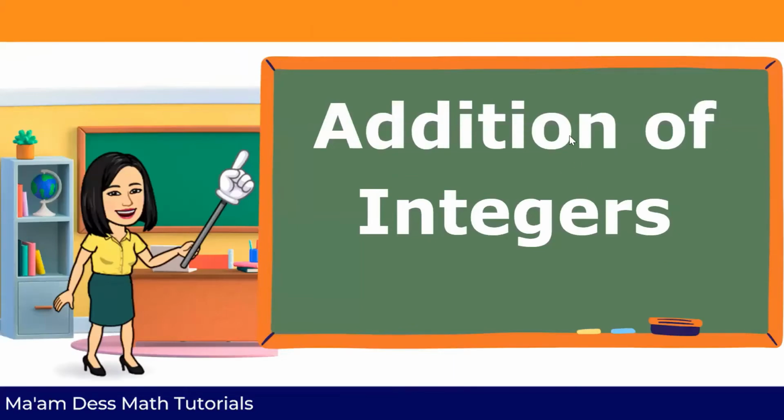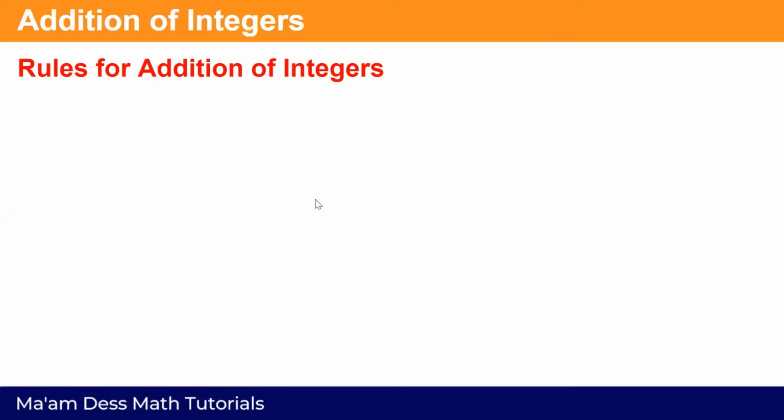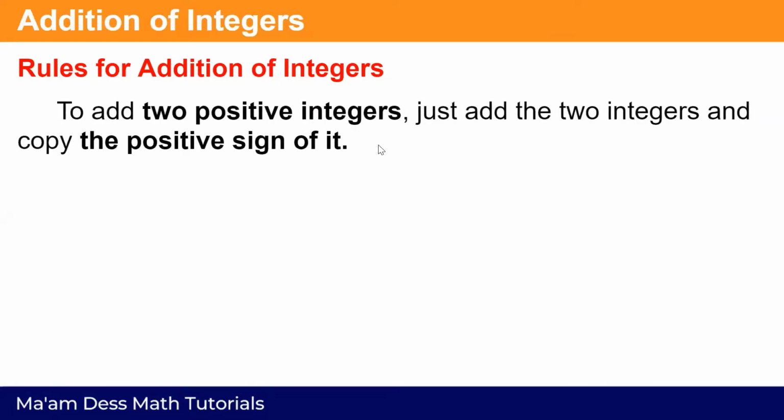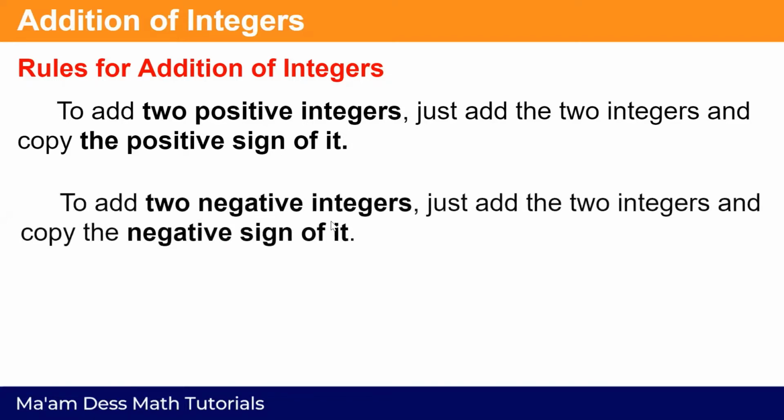Let's have the addition of integers. Rules for addition of integers. To add two positive integers, just add the two integers and copy the positive sign of it. Pag mag-add po tayo ng dalawang positive integers, i-add lang yung dalawang integers tapos kopyahin ang positive sign. To add two negative integers, just add the two integers and copy the negative sign of it. Kapag dalawang negative naman ang i-add po natin, i-add lang ang dalawang negative integers tapos kopyahin din ang sign na